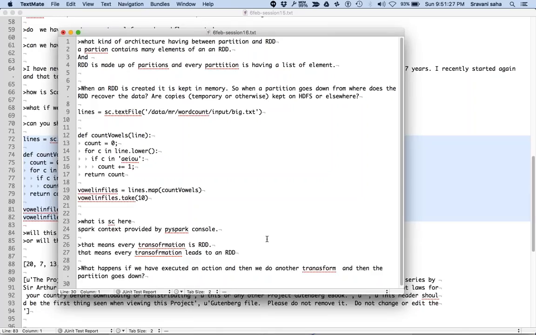So let's take this example. Take is an action, right? Please keep in mind that when we are normally loading a text file into lines, we are not really loading the data into memory. Spark is just making a note of how you created lines.